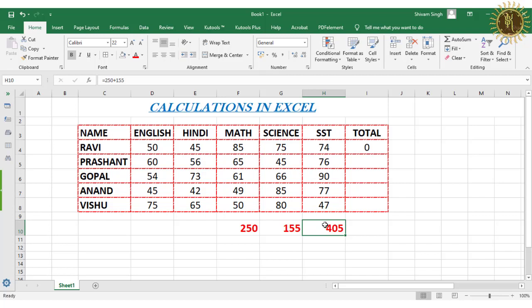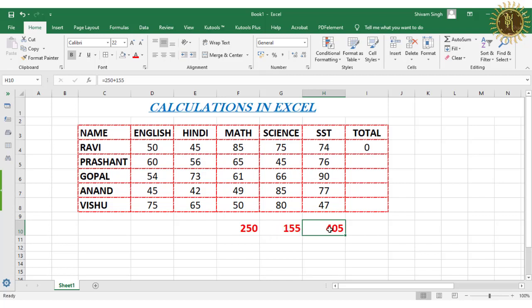Also you can see the formula we have inserted here in the formula bar. Here we can see the formula we have inserted in that selected cell. So equals to 250 plus 155 is the formula to calculate these two numbers.